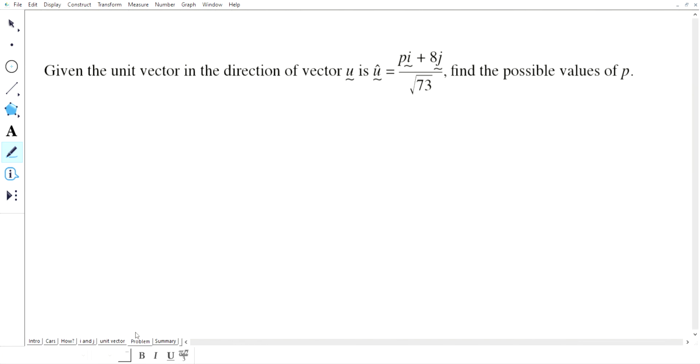Next, let's solve this problem involving unit vector. Given the unit vector in the direction of vector u is pi plus 8j over square root 73. Can you find the possible value of p? Now we know that the unit vector in the direction of vector u is equal to